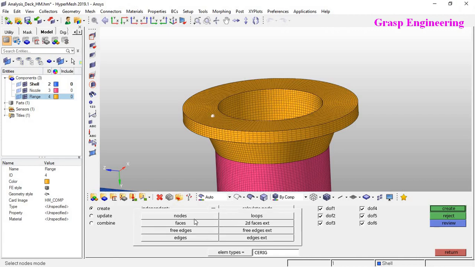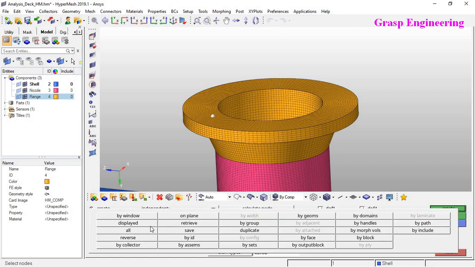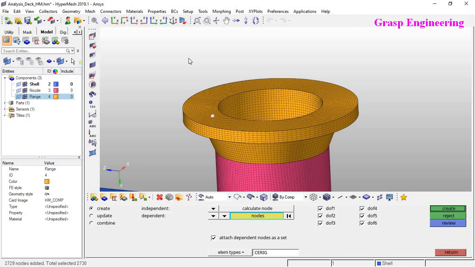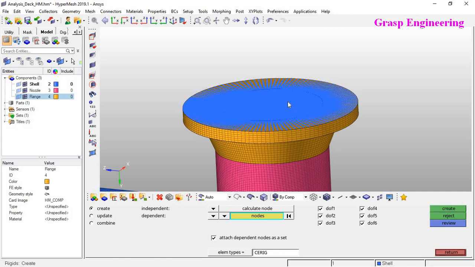You can see there are different options like node, faces, edges. We will take the node and select by face option, so that it selects all the nodes on the face, and you can create the series. Basically this is the element type. This element type represents the constraint equations which you will find in ANSYS. Here you can also create RB2 or RB3.